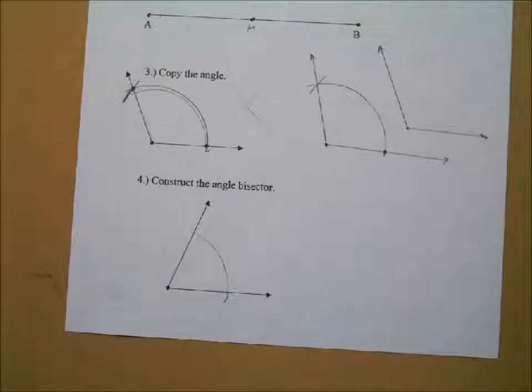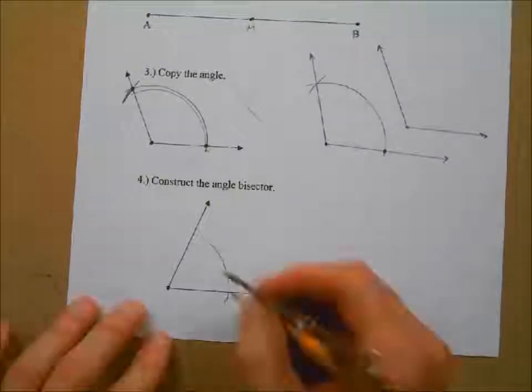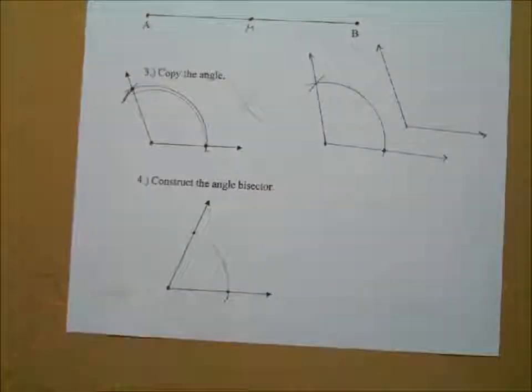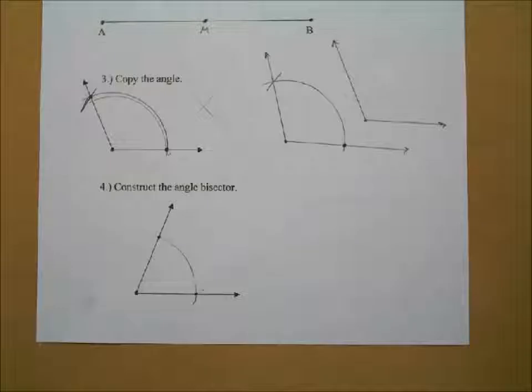Okay, so swipe to hit both sides of your angle there. And again, that creates those 2 points we saw before. And we're not going to measure that distance. I mean, you can if you want to, but it's not necessary to do that. All we want to do now is